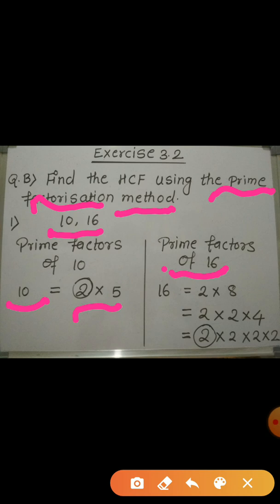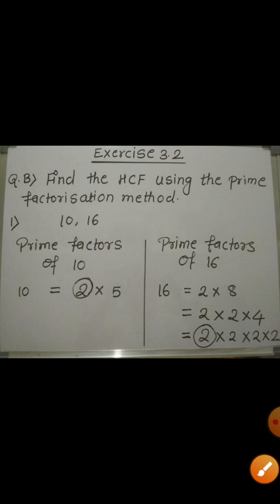Now 16 can be written as a product of 4 into 4, or a product of 2 into 8. You can write it in any way. Here I have written 16 is equal to 2 into 8. Whereas 2 is a prime factor, 8 is not. So we have to factorize 8 into its prime factors again. So I have written here 8 as a product of 2 into 4. Again 2 is a prime factor but 4 is not. So again we have to factorize the number 4 into its prime factors. So I can write 4 as a product of 2 into 2. Now finally I got the factors of 16, and the only factor is 2, which is a prime factor.